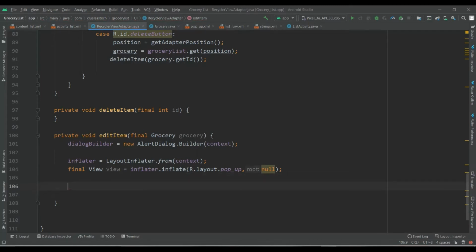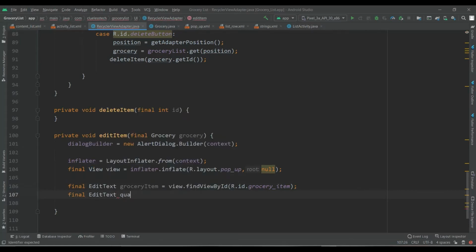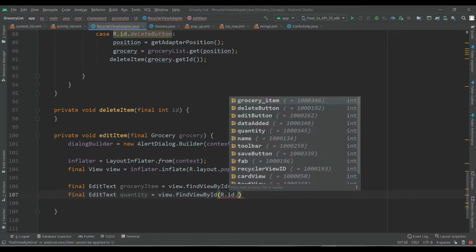Okay, let's declare the edit text and text view for this layout. Final EditText groceryItem equals view.findViewById(R.id.groceryItem). Final EditText quantity equals view.findViewById(R.id.quantity).